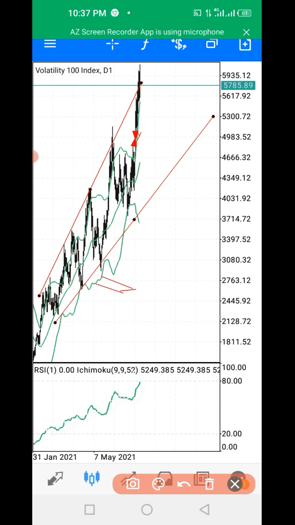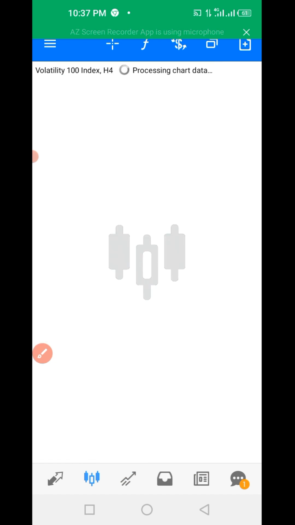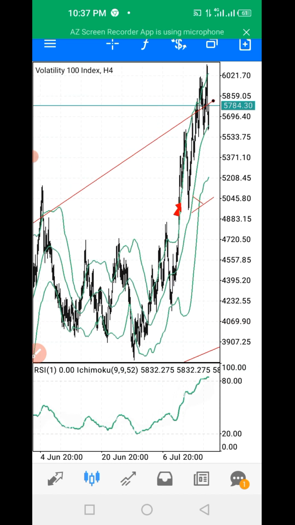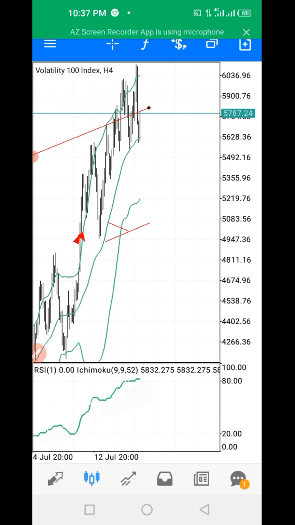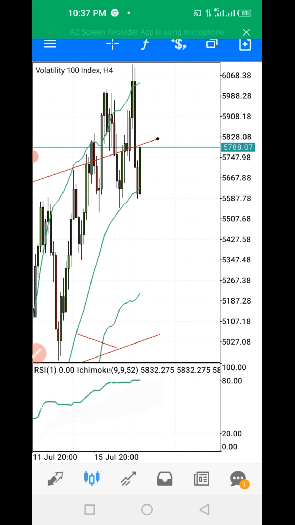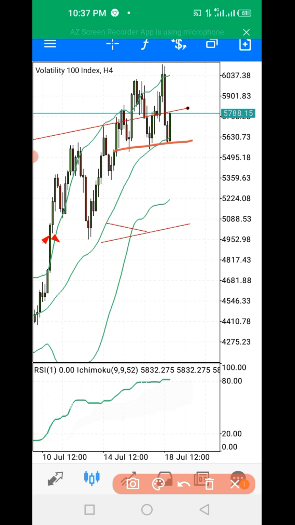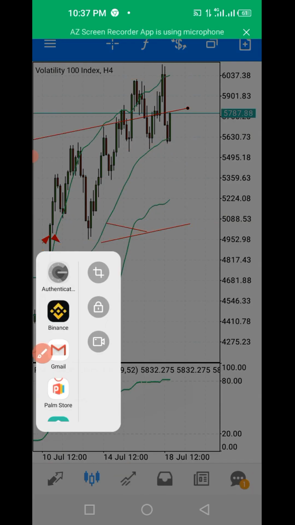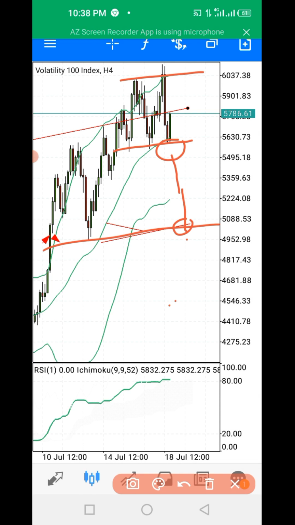Let's go to the 4 hours and check what's happening. You have to check on the 4 hours and see if the market is ready to sell. On the 4 hours, we have to draw another support and resistance. I'm seeing a support level here, and a resistance level at this point here. If the market breaks this point here and starts coming down, we should know that our next target is this point. Once the market gets to this point, if it breaks that point, our next target is this other point here, because of this